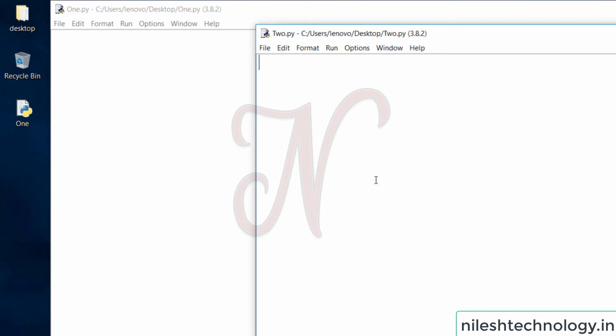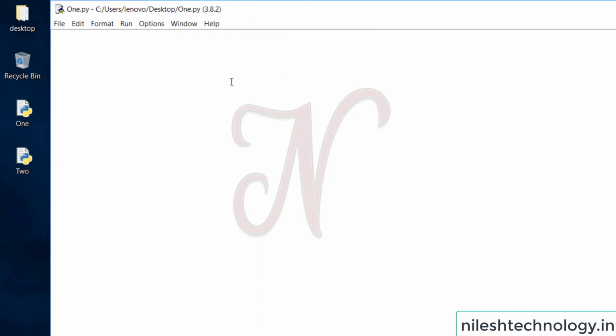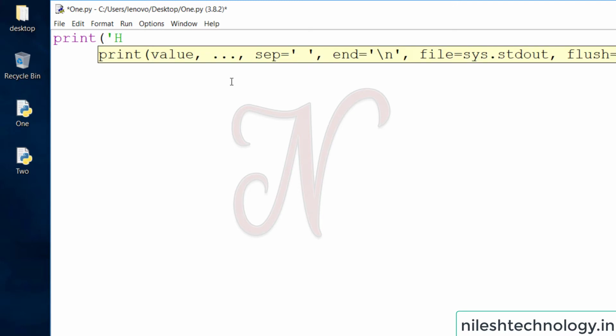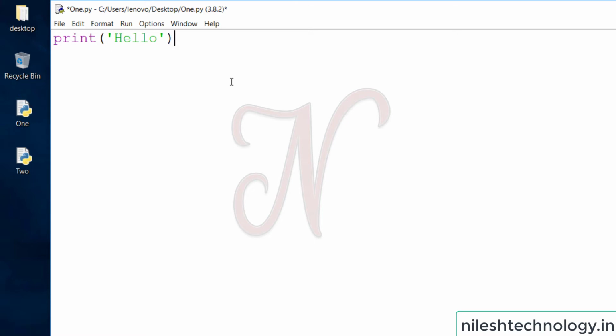So this is your second file. Then in this 1.py, print hello. Then here we define one function. See, the indentation level is 0, which means there is no indentation.